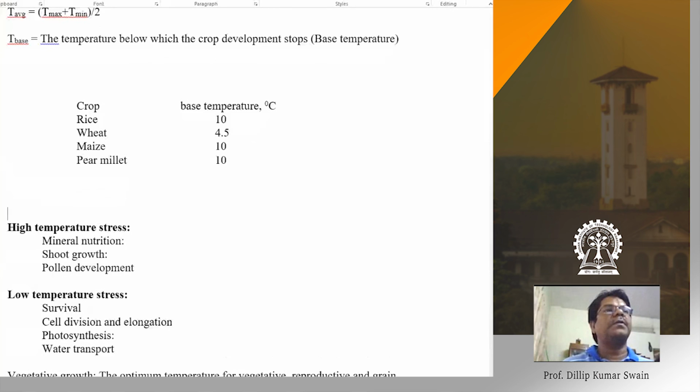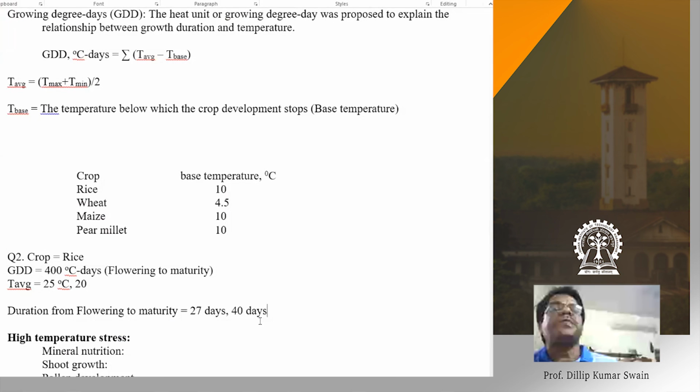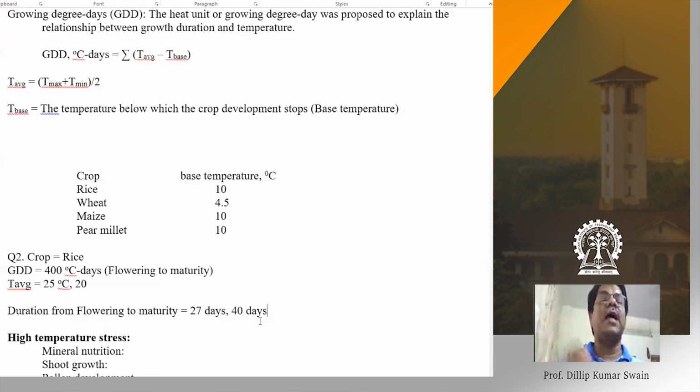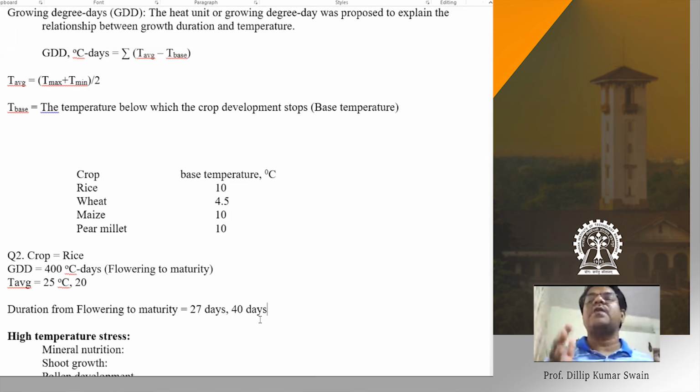Suppose the crop is rice again, with optimum temperature. That means if you have the optimum temperature, then efficiency is 1. For temperature beyond optimum, either higher or lower, efficiency becomes less than 1. At optimum temperature, the efficiency factor becomes 1 and your production, the yield, becomes maximum. If the temperature is below optimum, or higher than the optimum, then efficiency becomes less than 1 in both cases. So there is yield reduction, whether it is a low temperature or a very high temperature. That is the point.